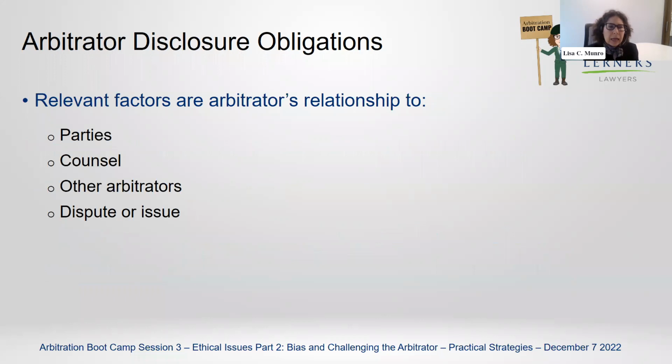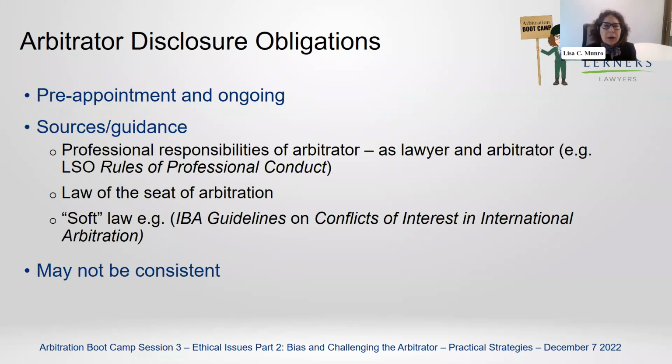So the disclosure obligations invariably relate to the arbitrator's relationship to the parties, counsel, other arbitrators, and the dispute or the issue. And this is how the IBA guidelines are organized, often in those categories. So the sources that I've got on the screen now are obviously the rules of professional conduct, and those are for those arbitrators who are lawyers. Those rules of professional conduct that will bind you are those of your province of call. And as I've mentioned in the third point, the IBA guidelines on conflict of interest, which appear to be applied by courts in Canada in both domestic and international challenge